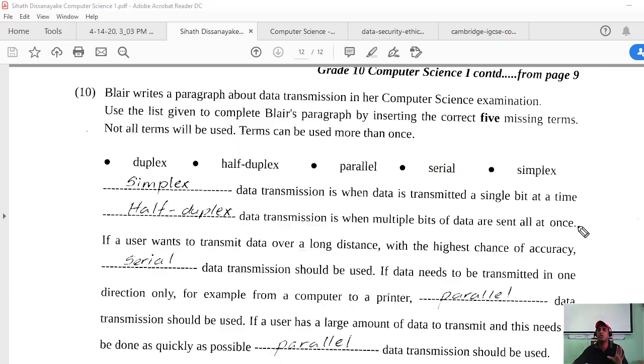So this is a kind of tricky question. Why am I saying tricky? Because they have given five answers: duplex, half duplex, parallel, serial, and simplex.